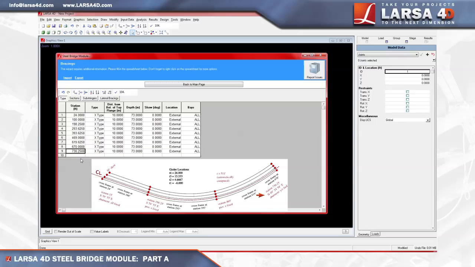With the exception of the first crossframe at 100 feet, which has bays between girders 1 to 3,